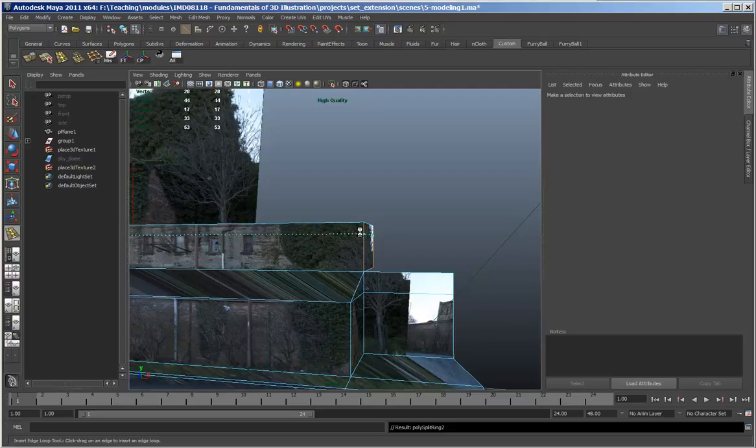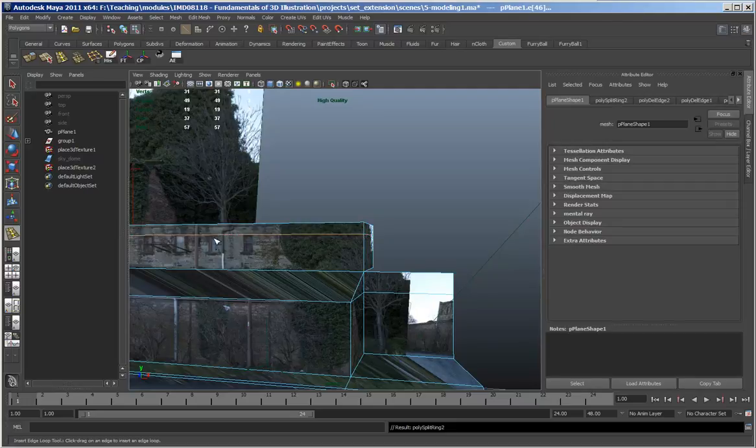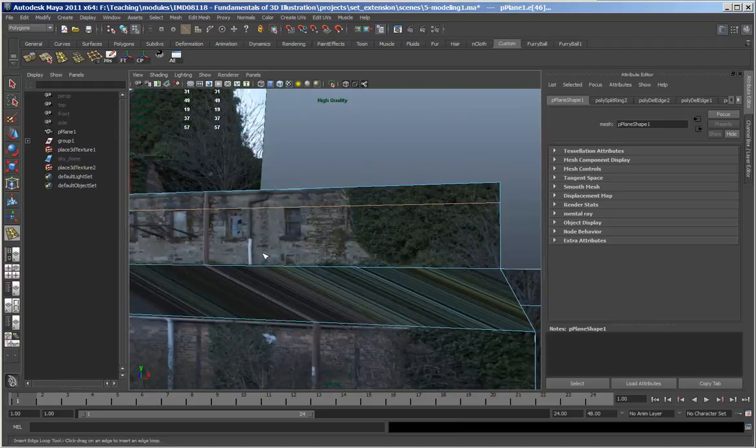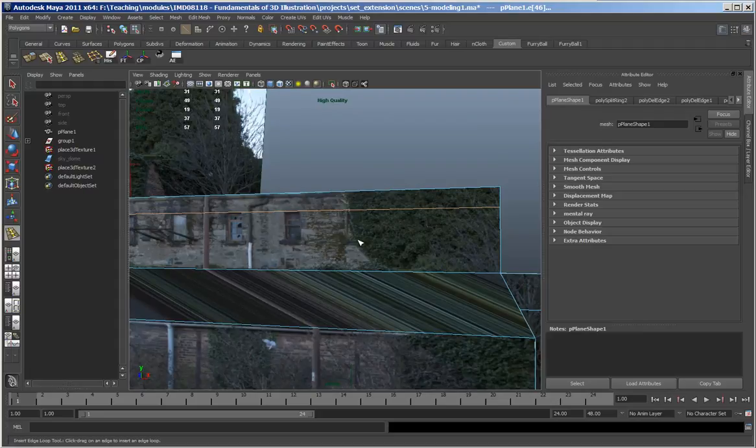And every time I insert an edge loop, it's taking time because I'm working with this very high resolution texture here in high quality rendering, which is useful because it allows me to know precisely where to add these lines, but it's also slowing the process down. So I'm going to show you this texture for as long as I have to, and then I'll just switch it off. Okay, that's done, and I'm going to do the same thing vertically,